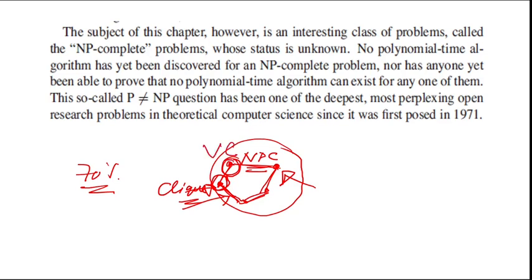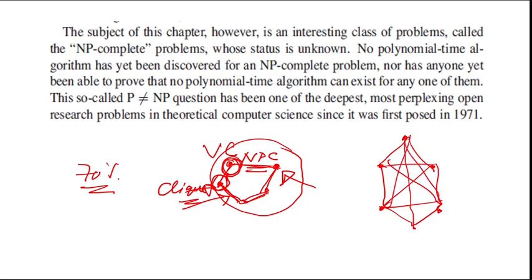What is the significance of the vertex cover problem? Okay, one simple example I will give you. One example of an NP complete problem is vertex cover. Let's say it's a hexagon, and in this hexagon, it's a complete graph. The vertex cover problem means you have to find the vertices which cover all the edges, so that one side of every edge is covered. That is a vertex cover.